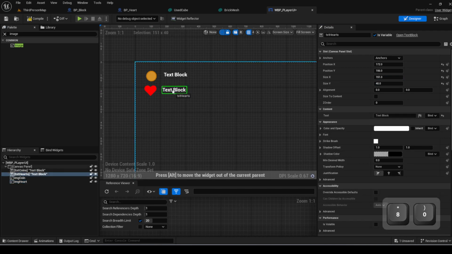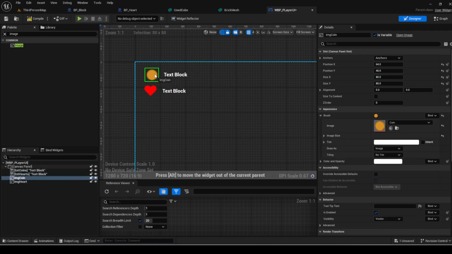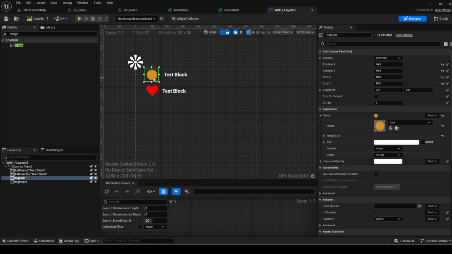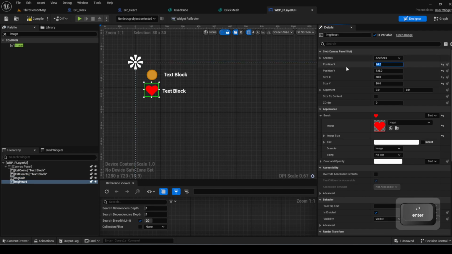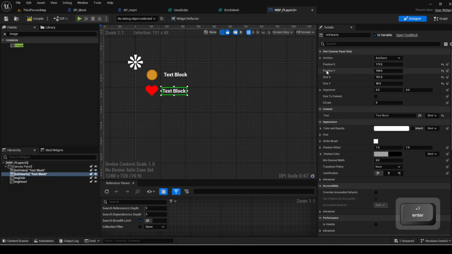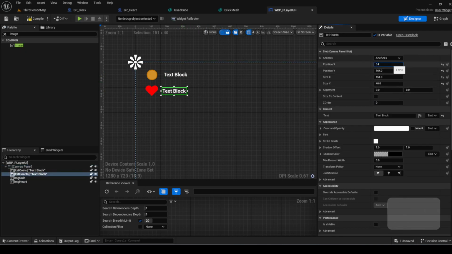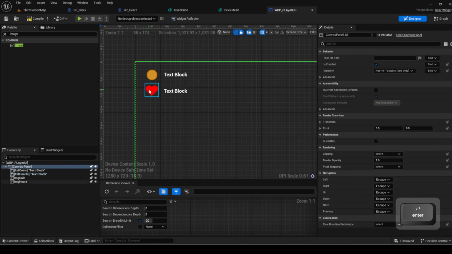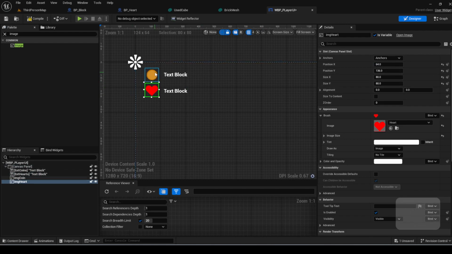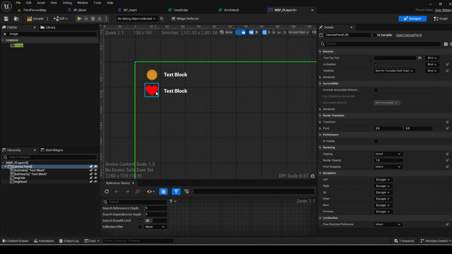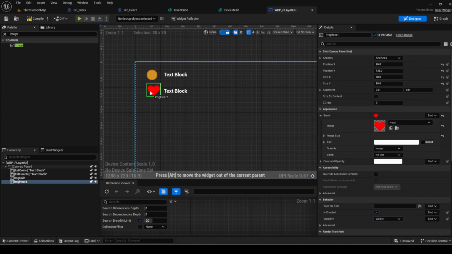And let's just lower this down. I think I just need to put the position on the same x value. And this is also going to be the same x value. Okay, it's not in the middle, but